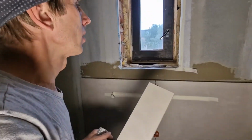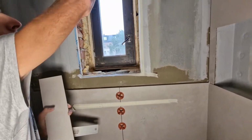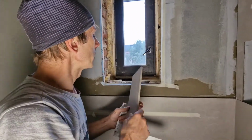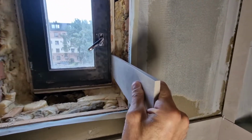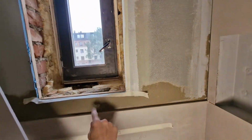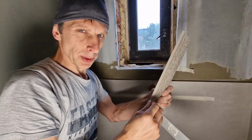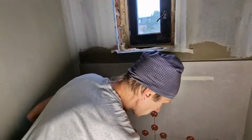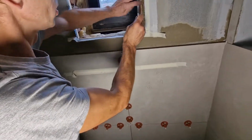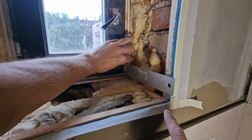Additional tips on how to take measures and cut out an opening or a window. In this case, as you see, an old but nice window, we must put tiles inside, we must cut tiles around, and all must be at a 45 angle. So what I'm going to do, in the beginning I put the angle